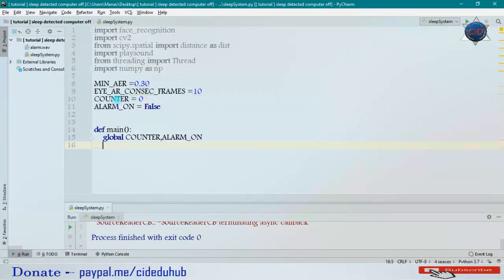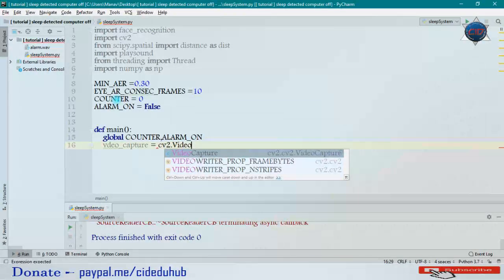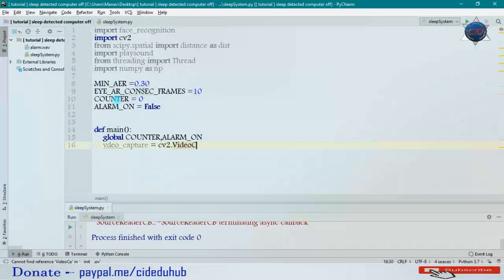Now let me start our video capturing. I will name it as video_capture, and now let me call cv2.VideoCapture, and I will pass 0 here, that is the default camera.